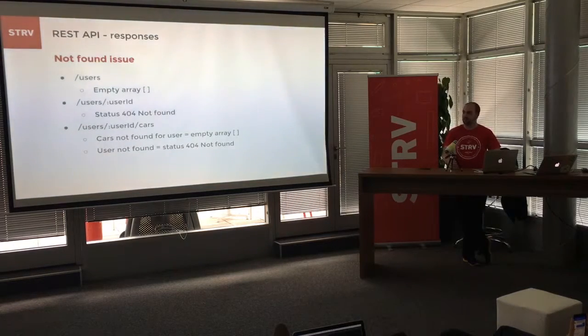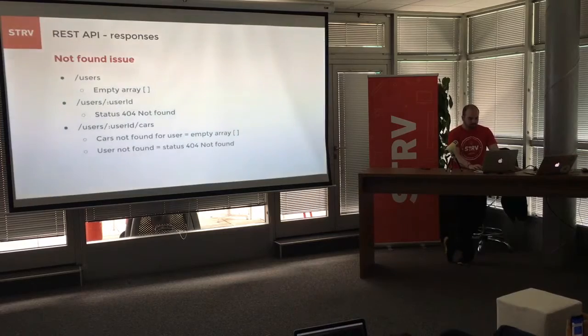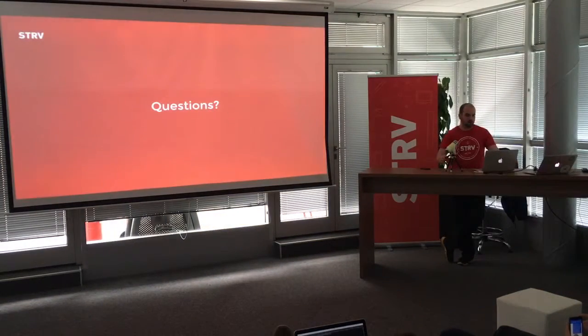And if you try, even GitHub is using it. If you copy the URL of some repository, log out, and then try the URL, you will get 404. This is because of security reasons, that you don't want to tell someone that, hey, this resource exists, but you don't have access. You will rather tell them, this does not exist. And yeah, that's everything. If you have some questions, I would like to answer them.